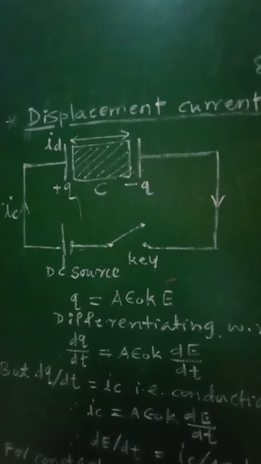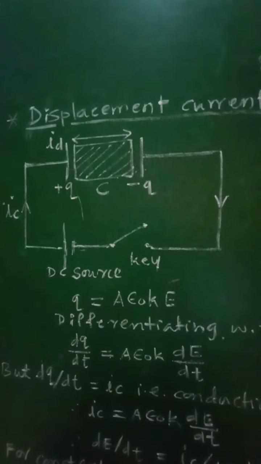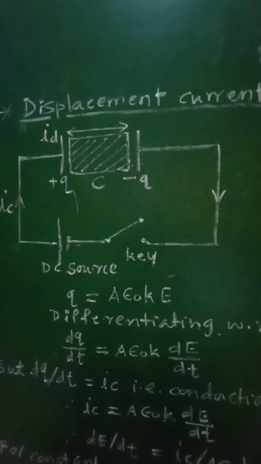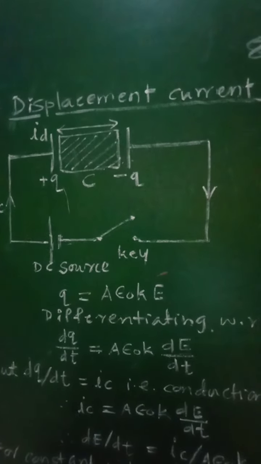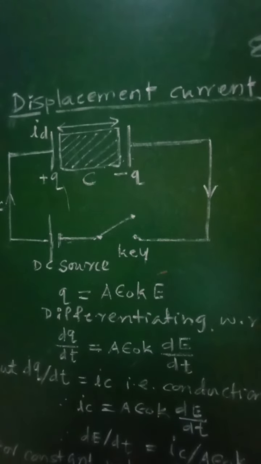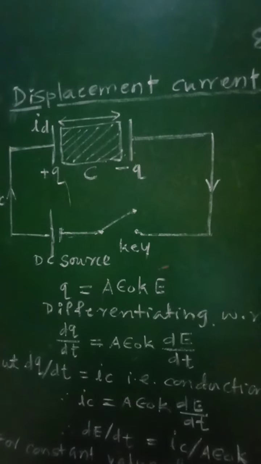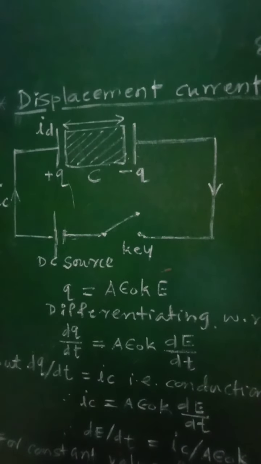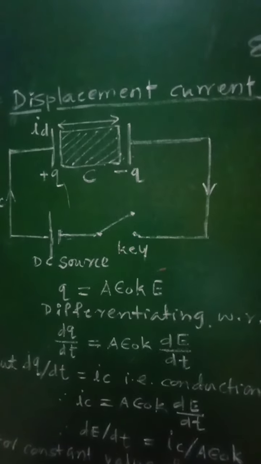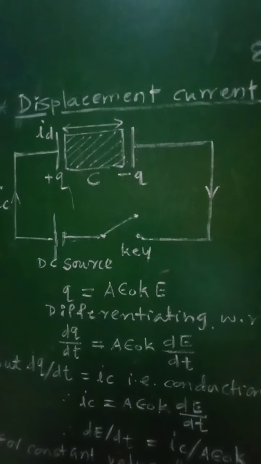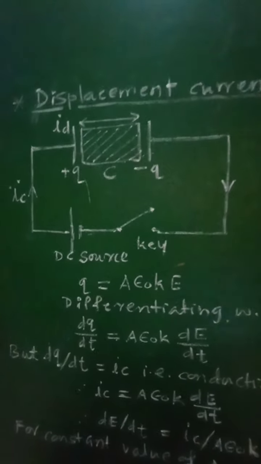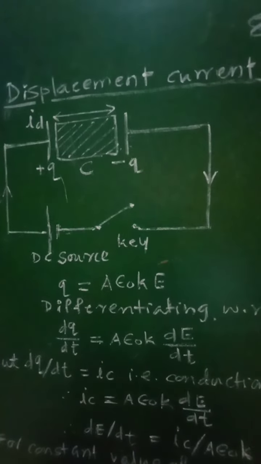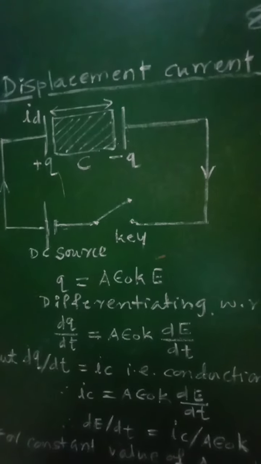As the current passes through the leads of the capacitor, the electric field between the plates increases and this in turn causes the polarization of the dielectric. Thus there is a current in the dielectric due to movement of the bound charges. This current due to bound charges is called the displacement current, and the charge produced on the plates of the capacitor is due to the electric field E.